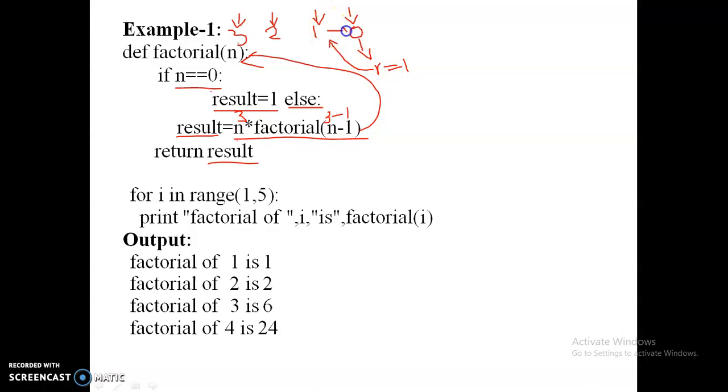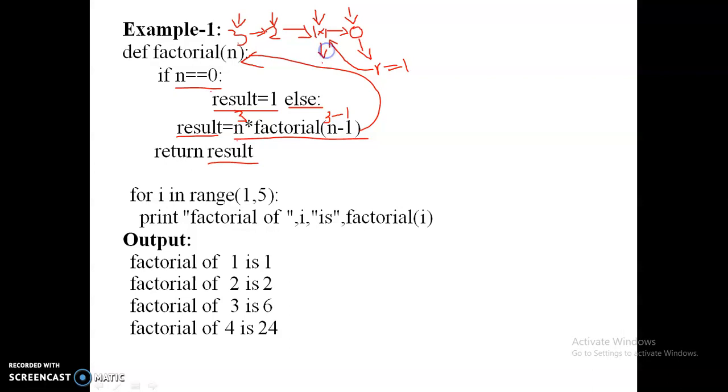This is called like this: from 2 it calls 1, and from 3 it calls 2. The result is returned back here and multiplied, 1 into 1, and the result is again 1.